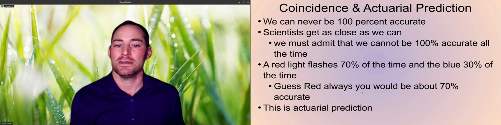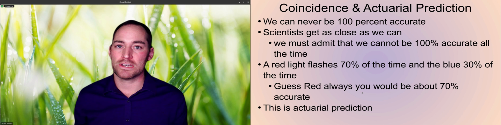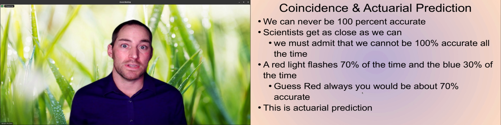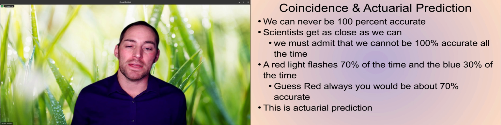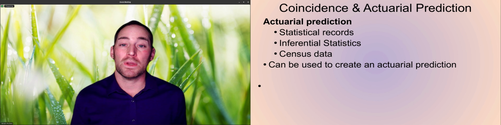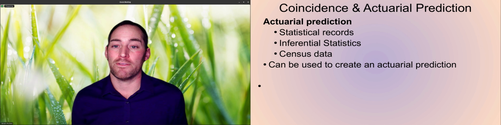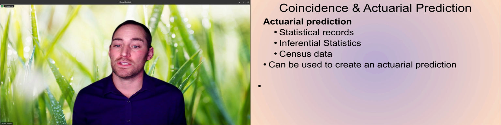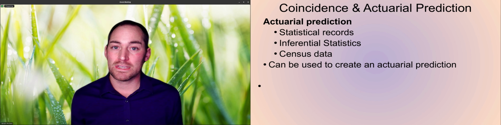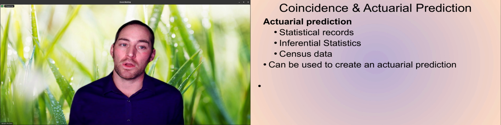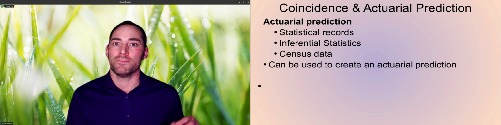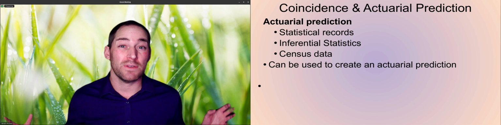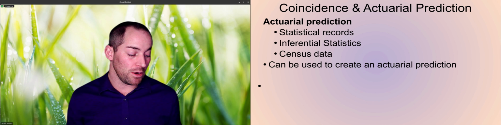So in this case, you're guessing red for this flashing light. You're going to be right most of the time. Not all of the time, and you accept that, but you'll be right most of the time. So we can make actuarial predictions based off of things like statistical records, using inferential statistics, using census data. All of these things can be used to create a good actuarial prediction, so we can get pretty close for maybe most people, or if we know multiple variables, we can probably do even better at making even better predictions,